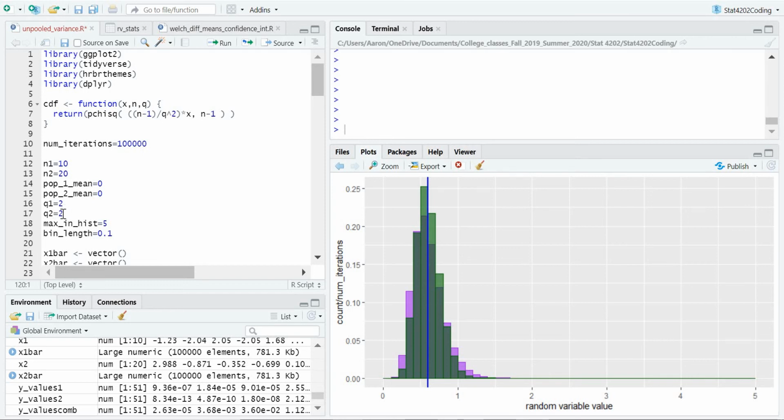Now, here's where we can see where the pooled style messes up. So now I'm going to change it so both the sample sizes are different and the population standard deviations are different. One is twice the other standard deviation. Now you're going to see